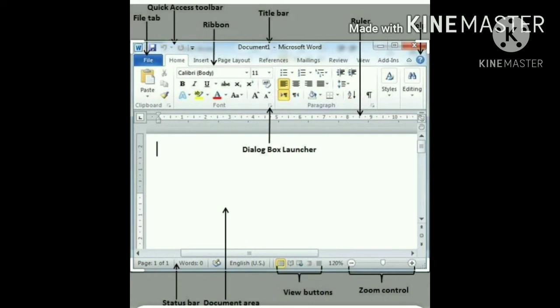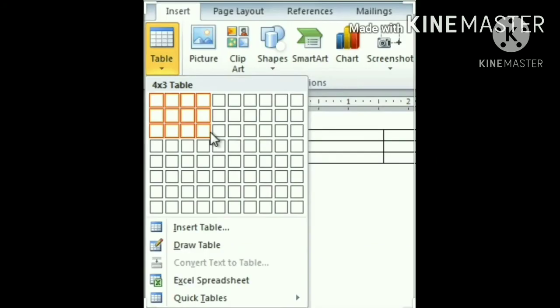Improved search. Second one, co-authoring in real time. Third one, share documents. Fourth one, add visual effects. Fifth one, turn your text into diagrams. Sixth one, image editing. Seventh one, recover lost drafts. Eighth one, insert screenshot. Ninth one, new file menu. 10th one, word translation. Okay, now open your course book, page number 13.